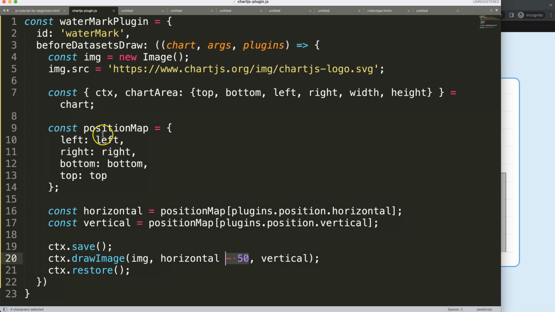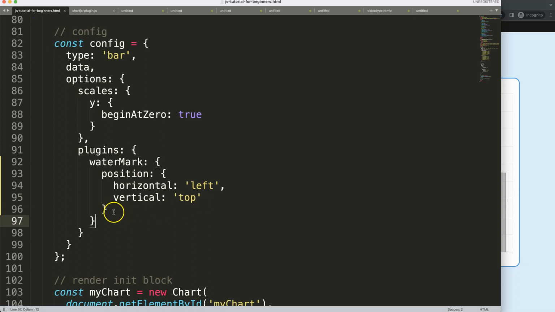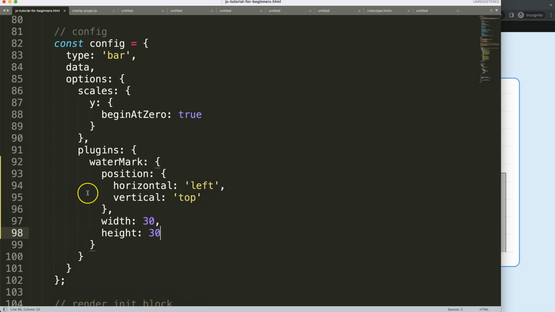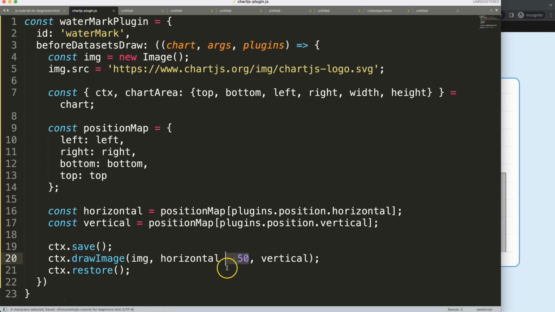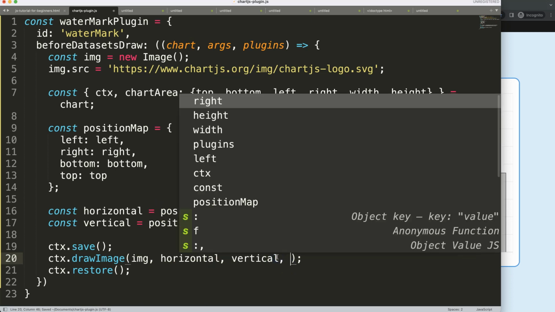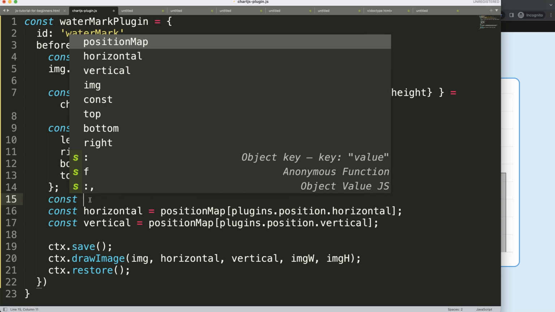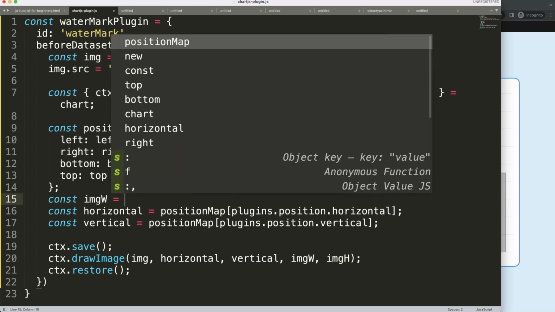So there's two options. First of all, I want to give the user the control to give it a height and a width. So I'm going to say here width, and we can put in here, let's put in 30 pixels, and then we say height 30 pixels as well. So if I save this one, and then I'm going to remove this. I'm going to control this here. So the image width and image height are in here. So what I'm going to do now is just create another constant. And this constant we will call the image width equals